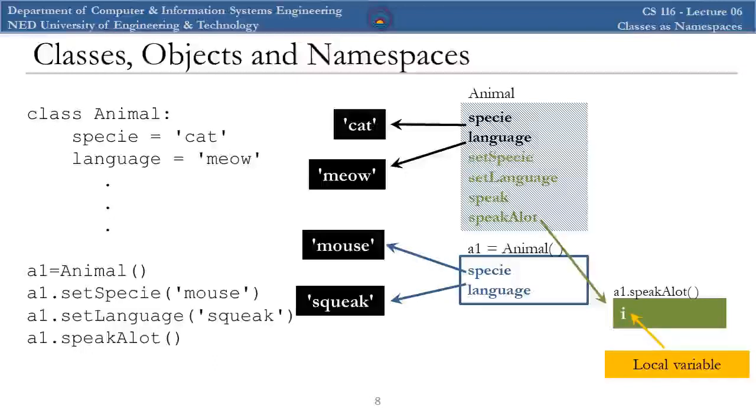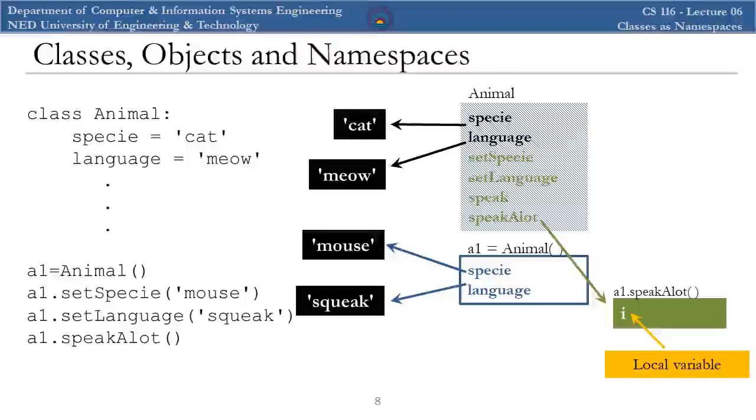So I is called a local variable, and it is different from the other variables, species and language, defined in the other namespaces. Now we have three types of attributes or variables here in this same scenario. Species and language defined in that class, in the animal class blueprint, are called class variables. Then we define the same species and language for this instance a1, and they are called instance variables. And this I is defined within a method, and it is called a local variable. And how does your system distinguish that it's a local variable? Because you have not referenced it with that